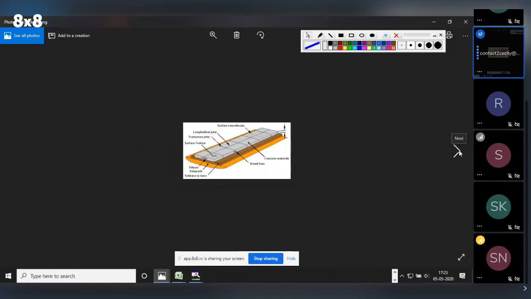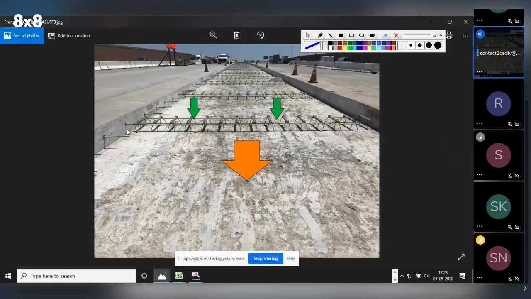And if we cut one of the slabs, then how does it look? It looks like this. See, these are the dowel bars which will be placed in the transverse joints. Here you can see one joint. One slab ends, another slab starts. This is one slab, this is another slab. So same here, one slab will end here and another slab will start from there. This will be your transverse joint.